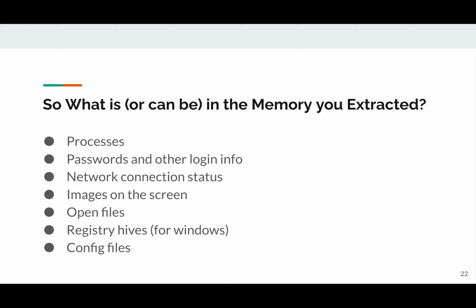In the case of Windows, you might also find things like registry types, and we're going to talk more about that in the Windows module. But registry types, as you can imagine, have configuration parameters in them. They're just configuration databases. And of course, config files for